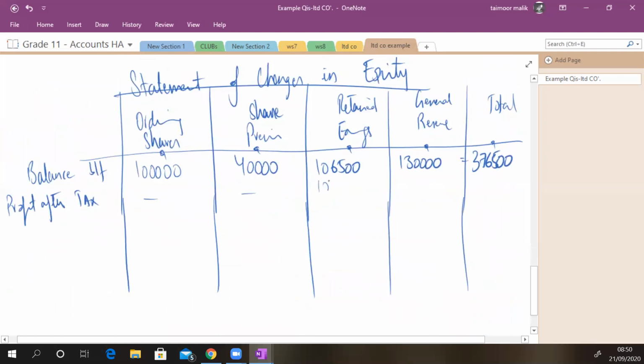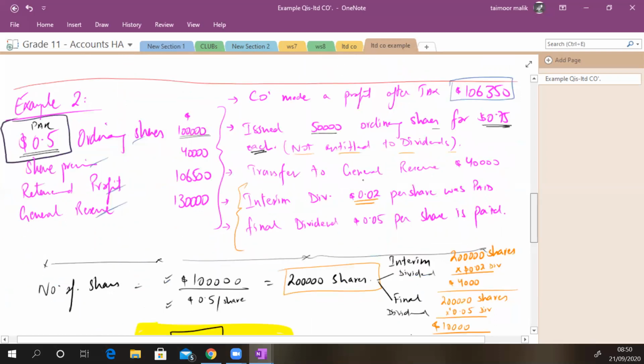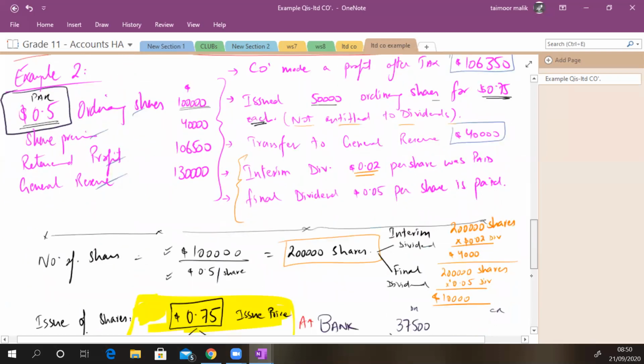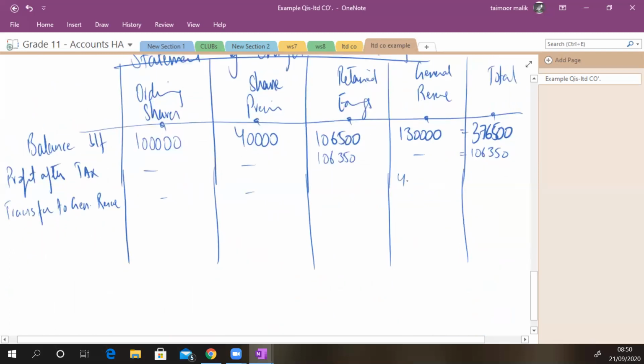You will always add it within retained earnings, 6,350। उसके बाद ट्रांसफर टू जनरल रिजर्व। कितना ट्रांसफर करना जनाब जनरल रिजर्व में? 40,000। सही है जनाब, 40,000 ये ऐड हो जाएंगे एंड यहाँ से सब्ट्रैक्ट हो जाएंगे। ओवरऑल इफेक्ट ऑफ दिस कॉलम विल बी 0। उसके बाद